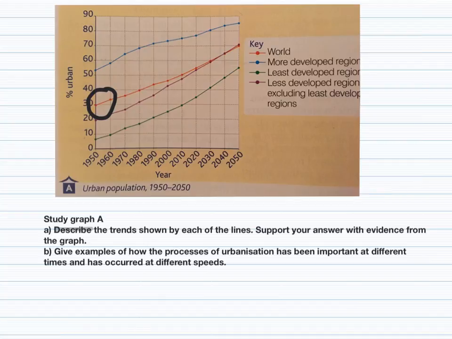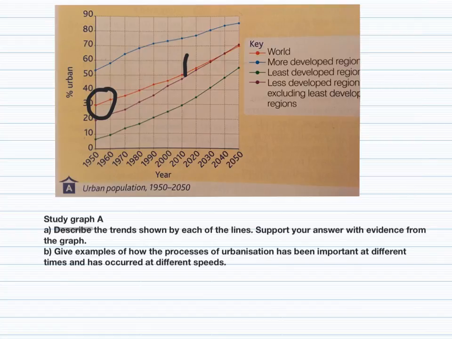As it increased over time, you find where we are now, around here, probably a little bit further, you can see that it's increased and we're now at around 50% of people living in